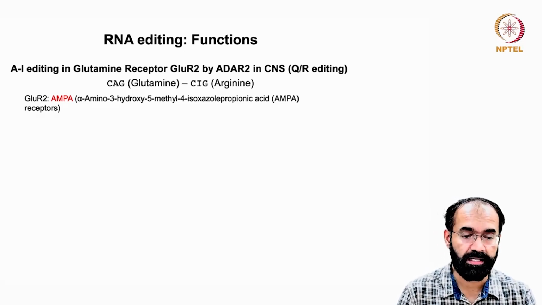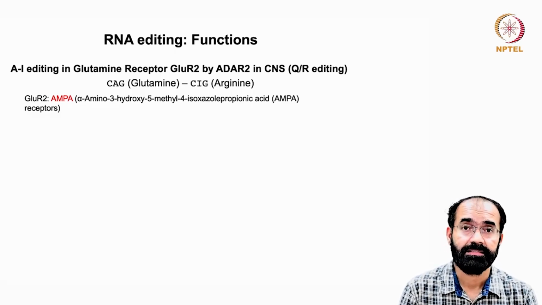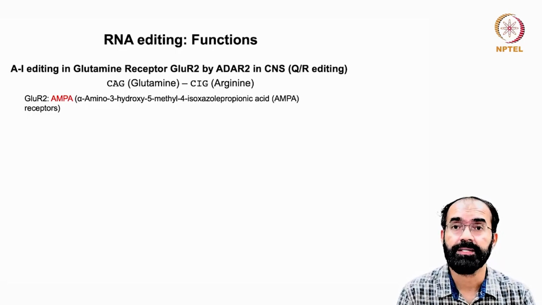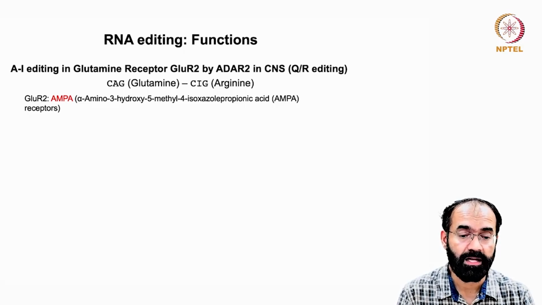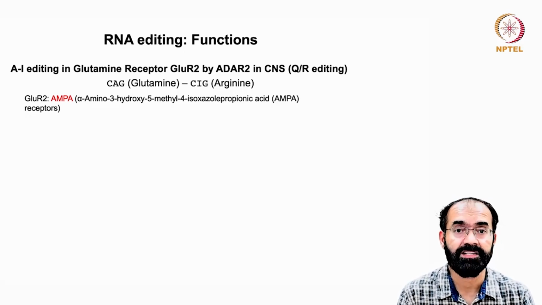We will not go further into the detail, but in this case what happened is that this CAG, which is bringing in an amino acid glutamine, is now changed into CIG, which codes for arginine, and this is an important, interesting change that is occurring in the